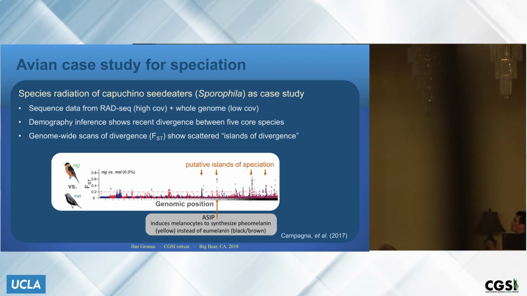So the main question we're interested in is, this is FST, a measure of population divergence. If you look at FST of two different populations along the genome, then you see that in most of the genome it's pretty shallow. You can't see the mouse here. Okay. It's very shallow, but you do see these nice peaks